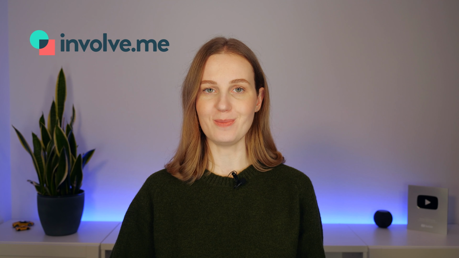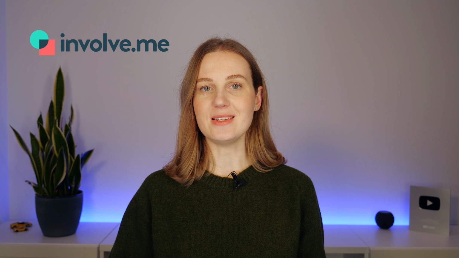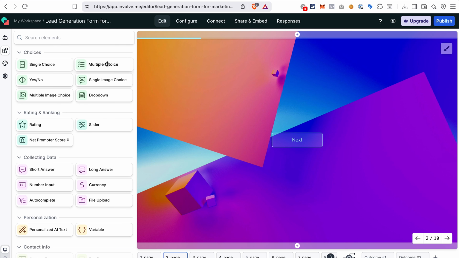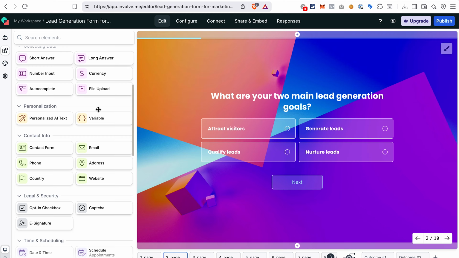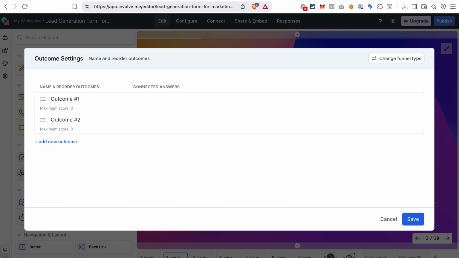Another tool you will see mentioned a lot is InvolveMe. This is quiz funnel software designed for marketing teams that want to add quizzes, calculators or forms directly into existing websites and funnels. InvolveMe uses a drag-and-drop quiz builder that supports quizzes, calculators, surveys and forms. You can set up conditional logic and branching to guide users to different outcomes, capture leads with custom fields and